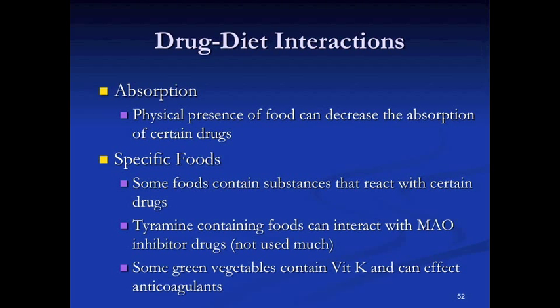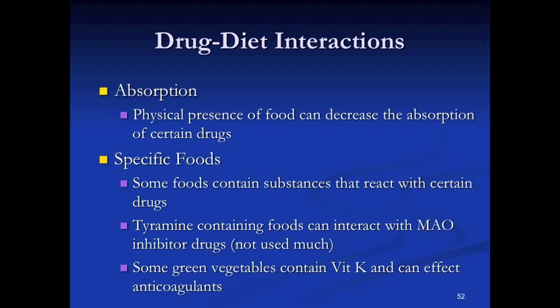What people eat can also play a role in drug activity. Just the presence of food can decrease the absorption of certain drugs. Another interaction that occurs is when patients eat green leafy vegetables that are high in vitamin K. Vitamin K is the antidote to Coumadin. If a patient goes from not eating these to eating them 3 times a week, then the effect of the